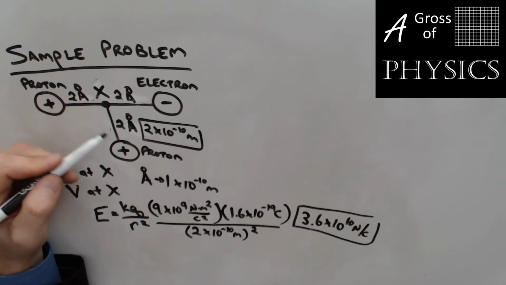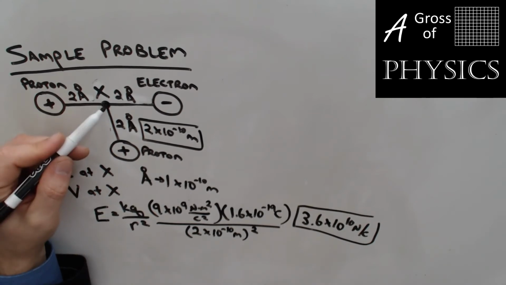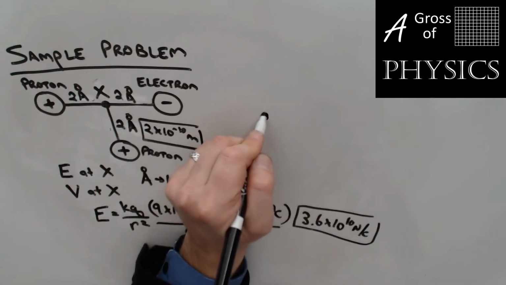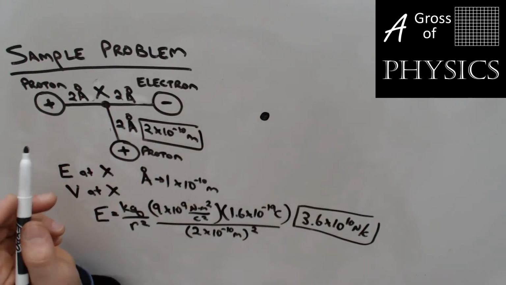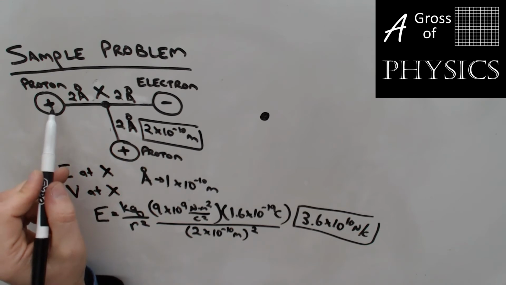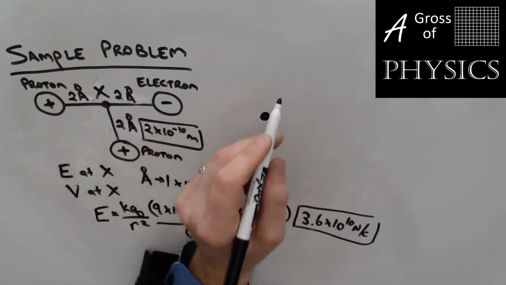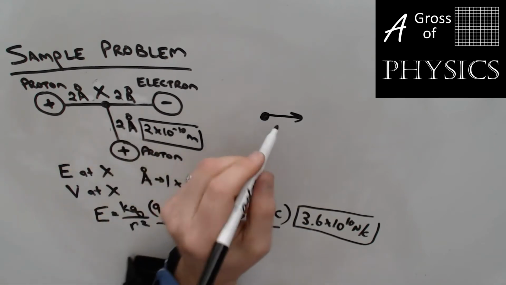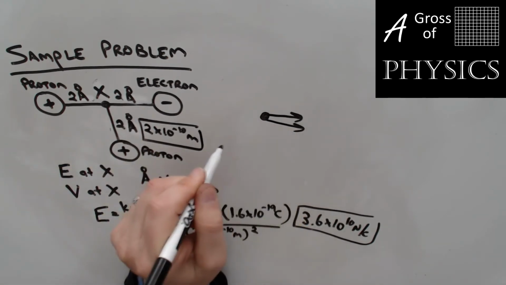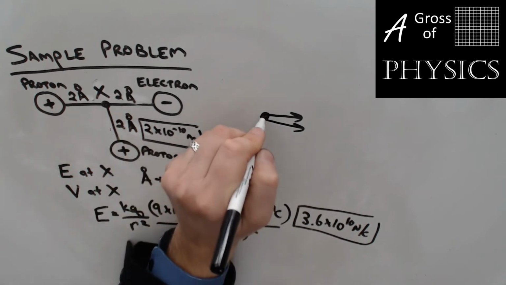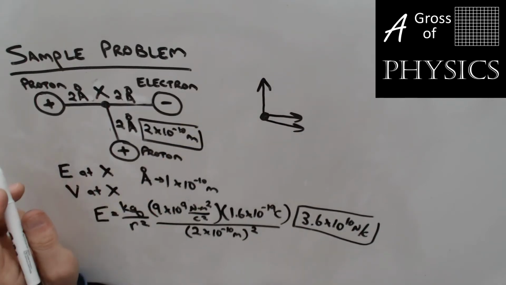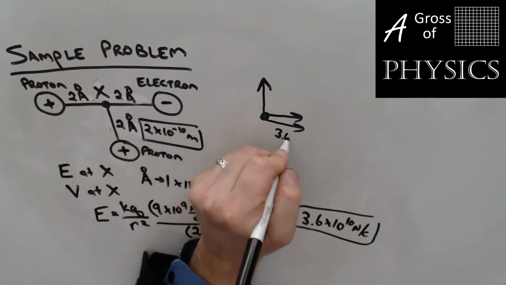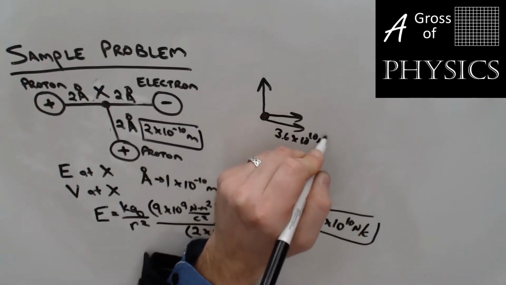So that's the electric field caused by each of these objects at point X. Now, if we just look at point X, what would a proton do? Well, a proton will be pushed by this proton this way, a proton will be pulled by the electron this way, and a proton will be pushed upward by that other proton at the bottom. So we'd have two 3.6 times 10 to the 10 newtons per coulomb